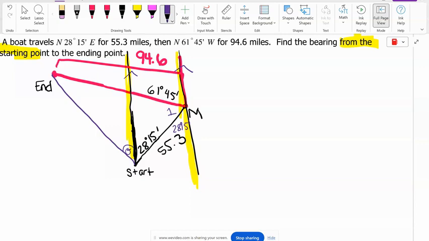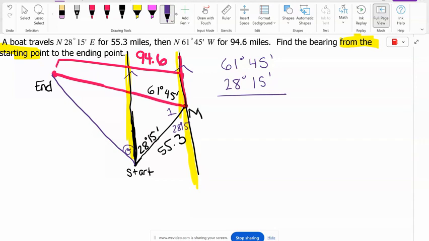You got it. So this yellow line is a straight angle. This is a straight angle right here. And I have this angle and I have this angle. Won't all three of these angles that make that straight angle add up to 180 altogether? So I'm going to add and then subtract from 180. So we're going to have 61°45' plus